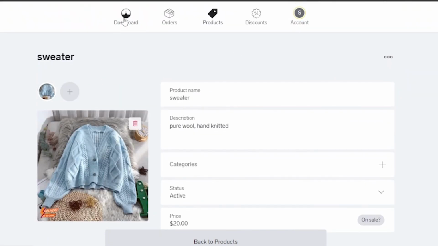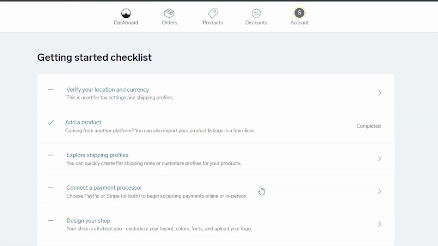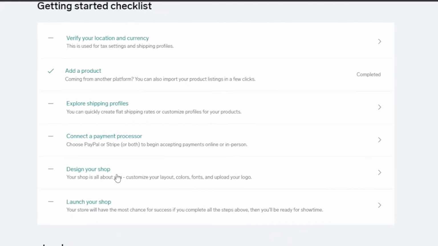Now it's time to design the store. I'm just going to go on my dashboard and continue with designing the store. You can see that there's an option to put this on sale. You can do that as well. So my product edition is completed. Now I need to design my